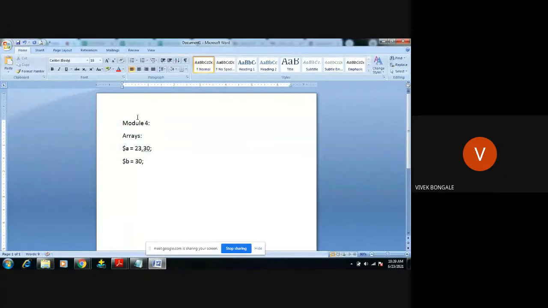For example, I have created $a, that is a variable, and assigned values like 40, then 50. These are the values I have given to this variable. This is not possible, correct?